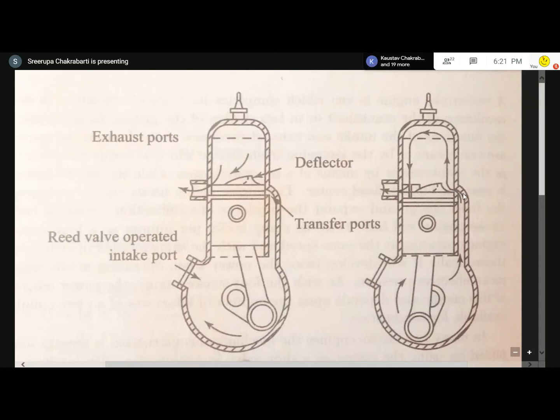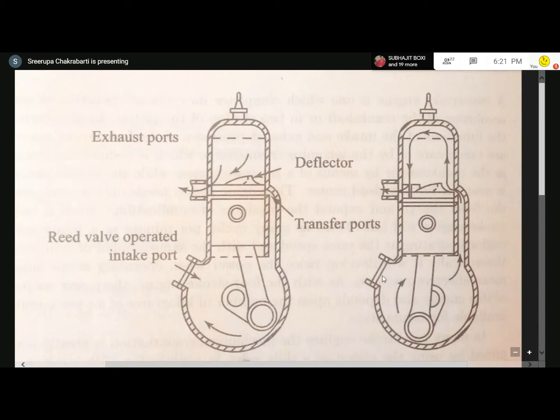The volume of the gas inside this portion and inside the crankcase gradually increases as the piston moves upward. So the pressure in this region decreases, and therefore this valve will open